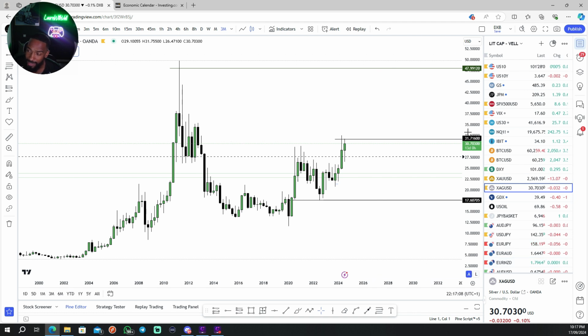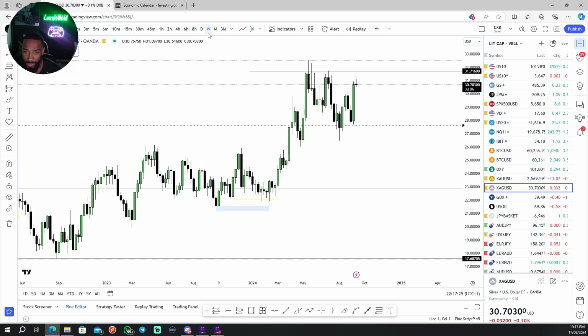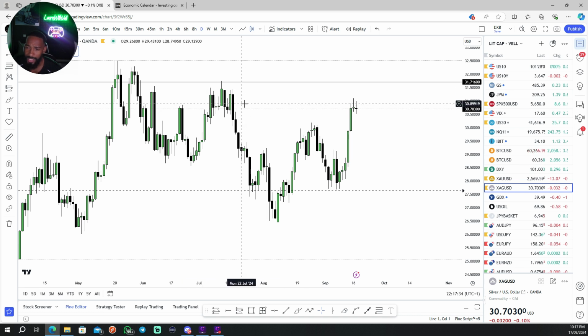So with that being said, what we now understand is, over a longer term period, yes, we do want silver to make an all-time high. I'm not saying that silver needs to push down as low as $10 an ounce. No, I'm not saying that at all. But what we can't ignore, guys, is that naturally, when we see structure broken, when we see price pushing up or coming down, we usually get a pullback. So right now we're sitting inside of this daily candle, and we want to see what happens. We want to see if price is going to respect this candle or if price is going to push above it.